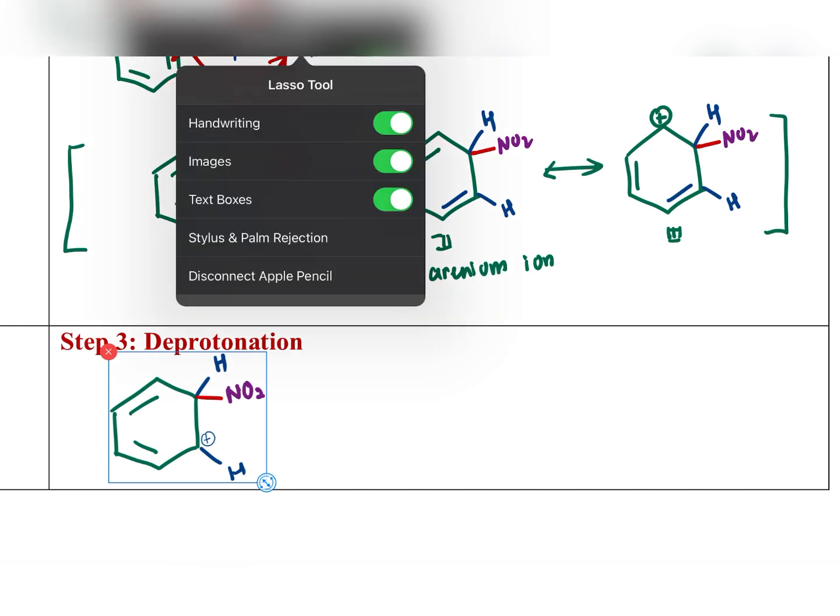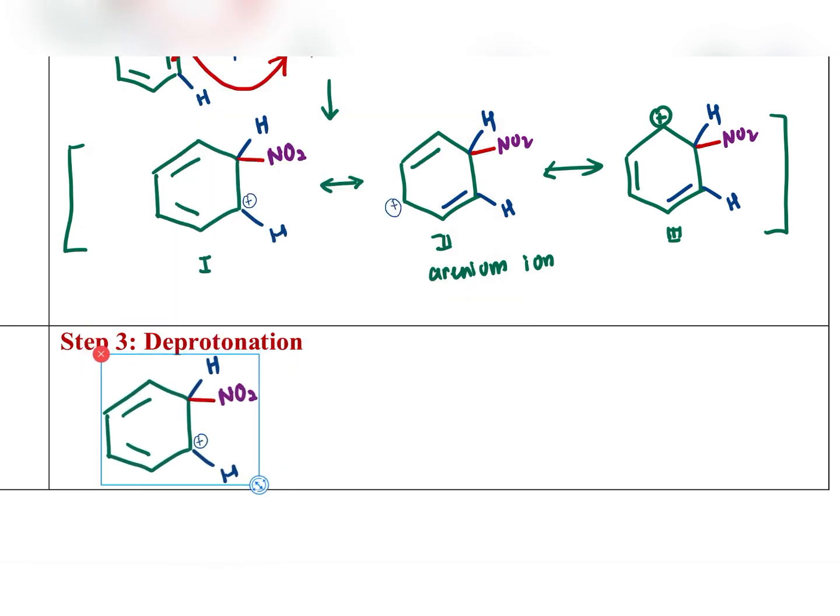Deprotonate tu maksudnya kita nak buang lah dia punya hydrogen. So kita nak remove. So what will happen, nanti kita akan form HCl, hydrogen halide, and this bond here akan, both electron will be moved to this carbon A dan B. Okay, so kamu akan dapat new double bond di sini, ini akan gone. Okay, so the product will be,